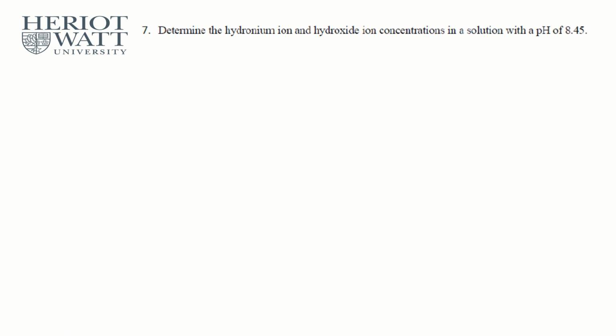Determine the hydronium ion and hydroxide ion concentrations in a solution of pH 8.45. Wow. So you need to know what is the concentration of H plus, hydronium, same as H3O plus, and what is the concentration of hydroxide ion from a solution of pH 8.45. So what can we get from the pH value? We know that pH